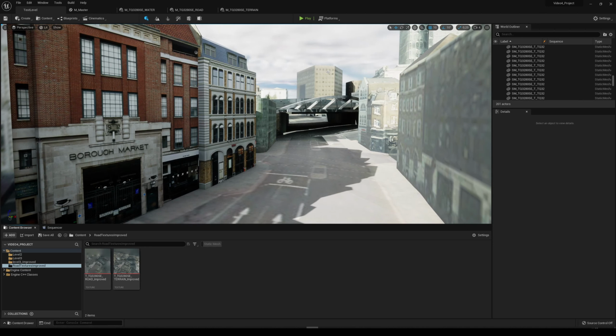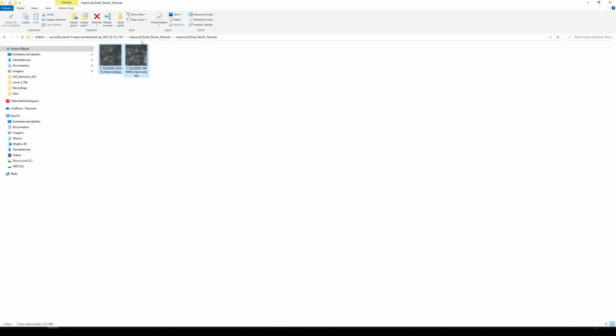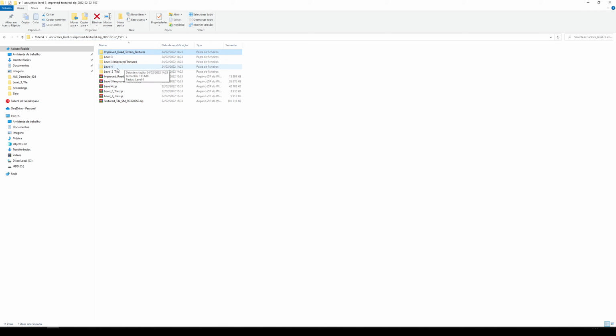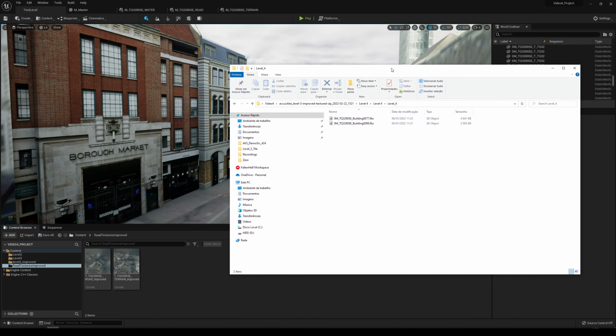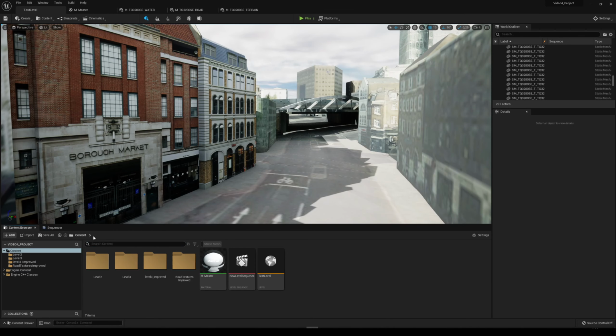We just need to replace the textures. And I believe that now if we go into our folder, we only have one thing left to import, which is the level 4. We have some of the max files in the Cinema 4D, but we want the FBXs here, and they are simply just 2 buildings that, again, we can replace, which are the highest level of detail here. So we can just go create a new folder, call it level 4,